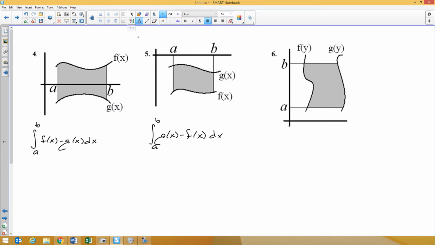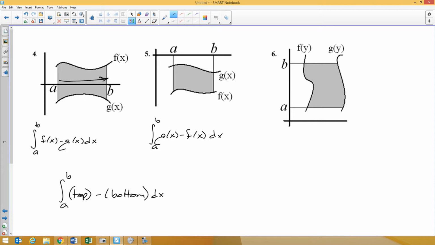So just remember, anytime you have a top minus bottom situation, it is always going to be the area from a to b of the top function minus the bottom function. And if it is top minus bottom, it will be a dx situation. We're traveling from left to right, and that is a change in x's, which is what the dx stands for. So just remember to keep track of your variables,